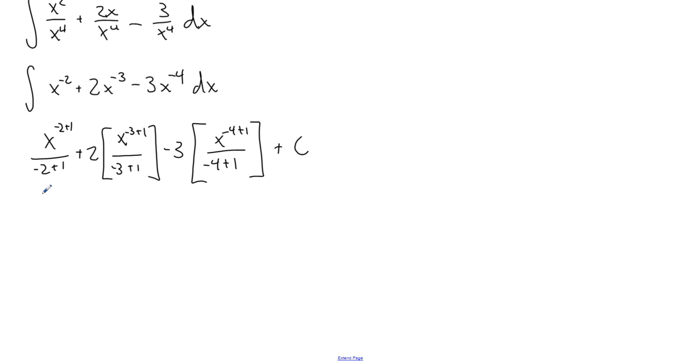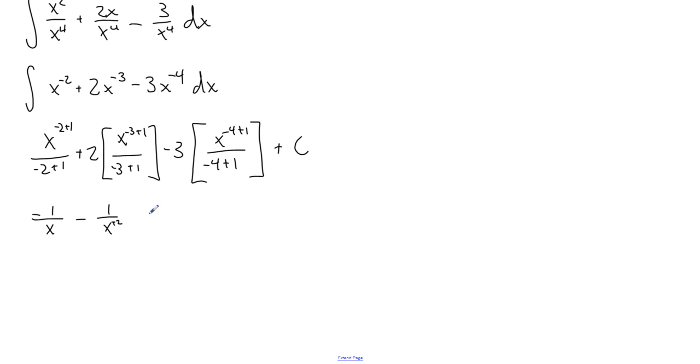And let's see here. So this becomes negative 1 over 2 plus 1 is negative 1, so over x. And then I get plus, let's see here, it's not going to be plus. Let's do it before we write this. I've got positive 2, and I've got negative 2 on the bottom, because negative 3 plus 1 is negative 2. So I've got 2 over negative 2, that's negative 1. And so we'll make this negative,